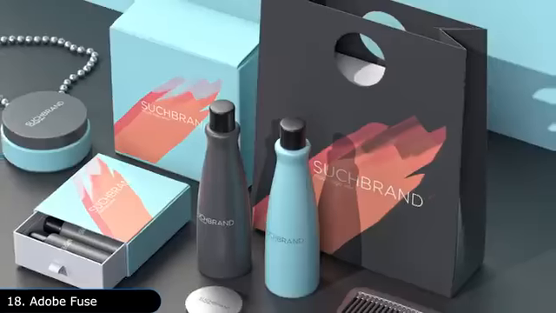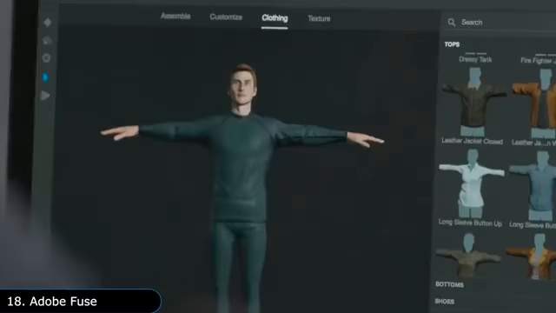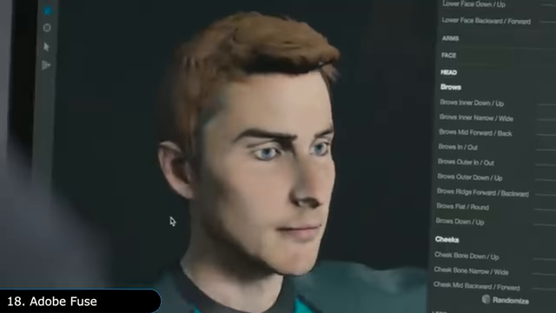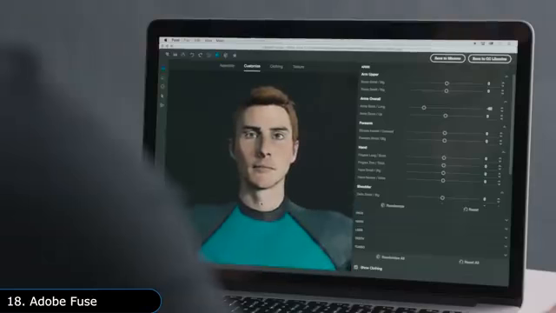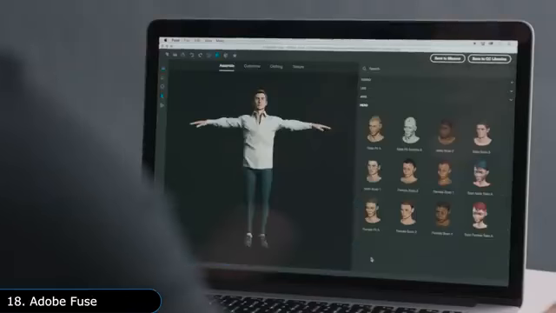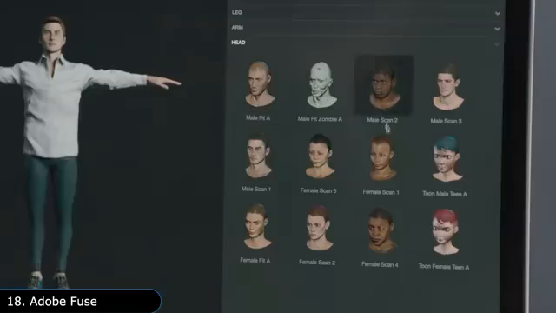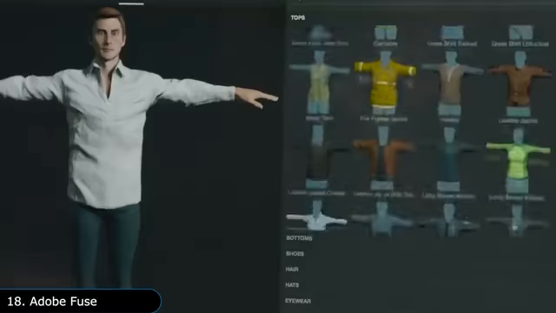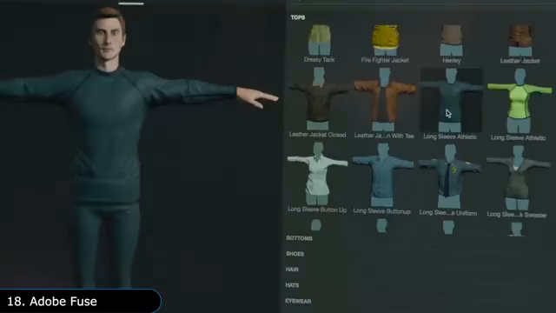Speaking of 3D, Adobe Fuse is another tool for making 3D models. However, this one is specialized in making human models, which you can then export to Photoshop or any other 3D software. It is pretty simple to use, even though you can create highly customizable models by changing their physical attributes,